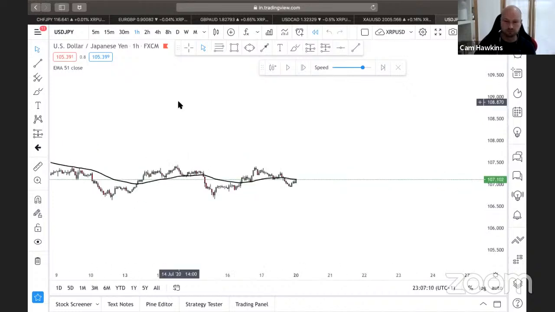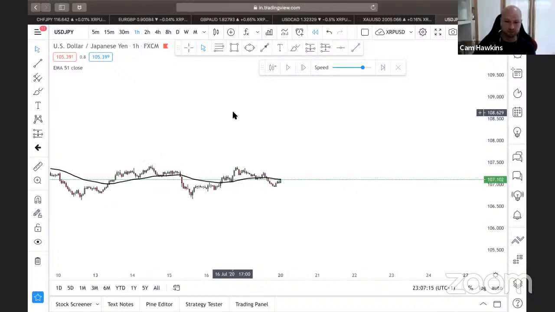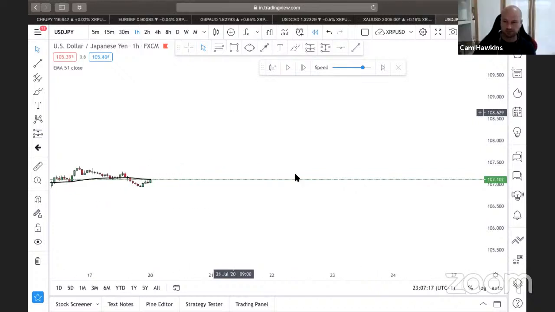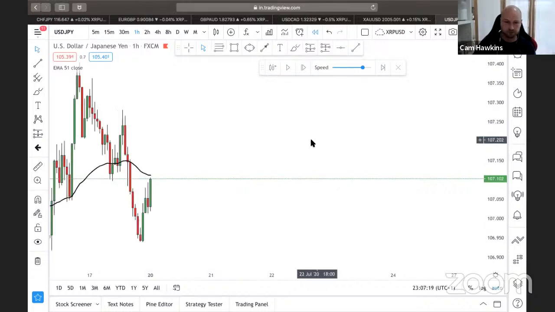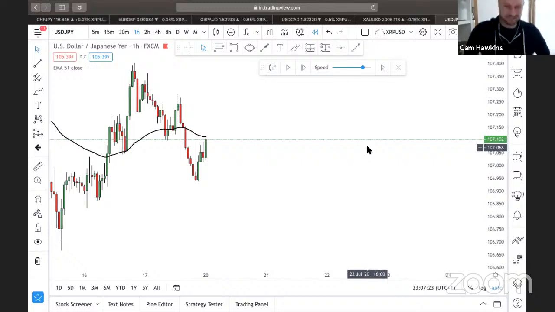Cool. Right, this is the one I was dreading, to be honest with you. So we're going to zoom in a bit here so that we can see what color these bars are. There you go. Okay, right. So look, this is a bit of fun, guys. So let's just see how he gets on.